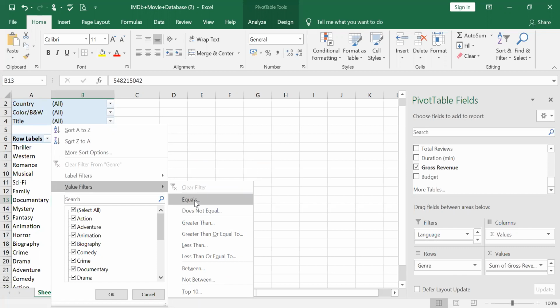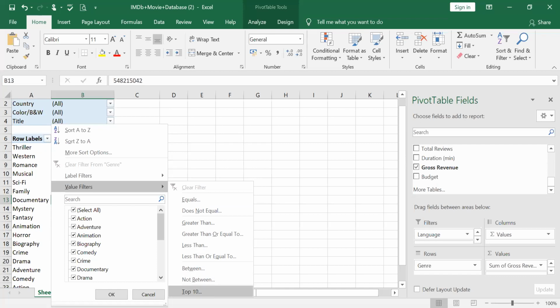For example, if you take gross revenue, you can select the movies whose gross revenue exactly equals 12 million or 100 million, or does not equal 12 million. What happens if you give does not equal to 12 million? That will eliminate all that equal 12 million, and the rest of the items are filtered and given. Similarly, you can take greater than 100 million, greater than or equal to, less than or equal to.